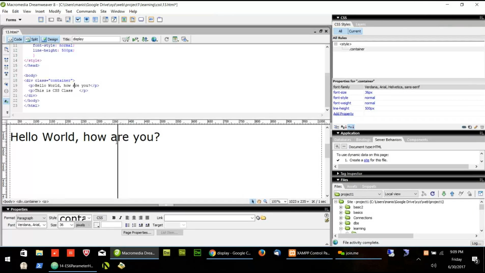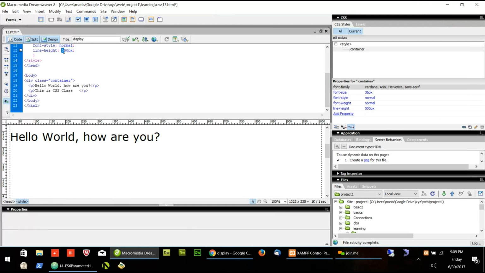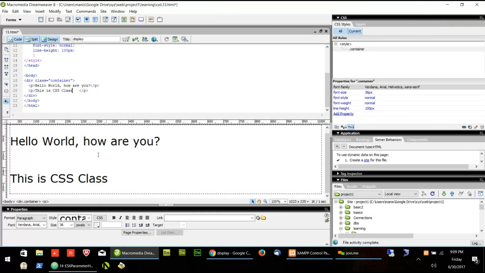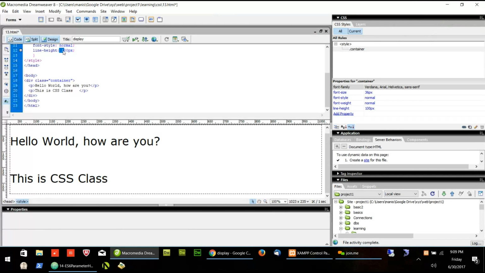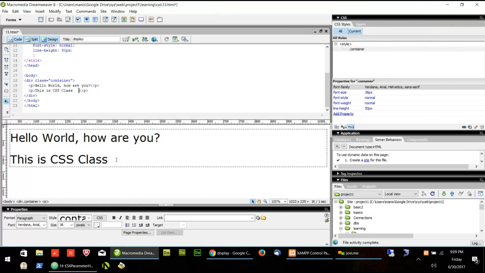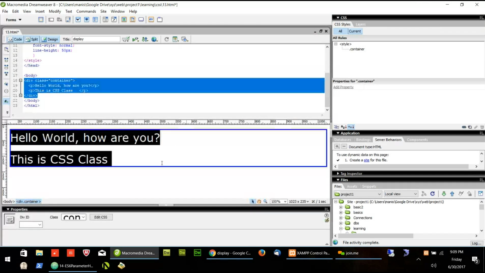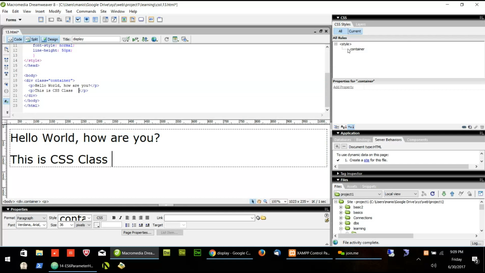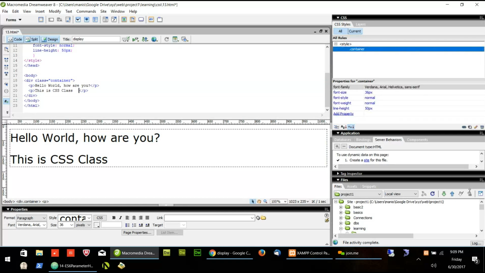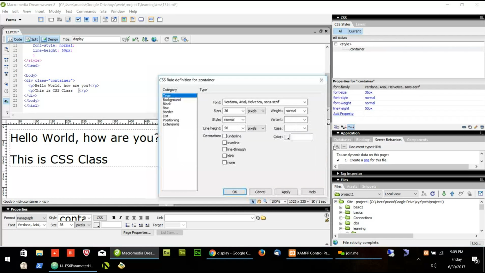Let's make it 100 pixels. Okay, so this is 100 pixels, so it is nearer. Let's say if I put 50 pixels, it will be a little more closer. So the line height is the space between the two lines. Let's remove it for now. We just saw what the line height is.